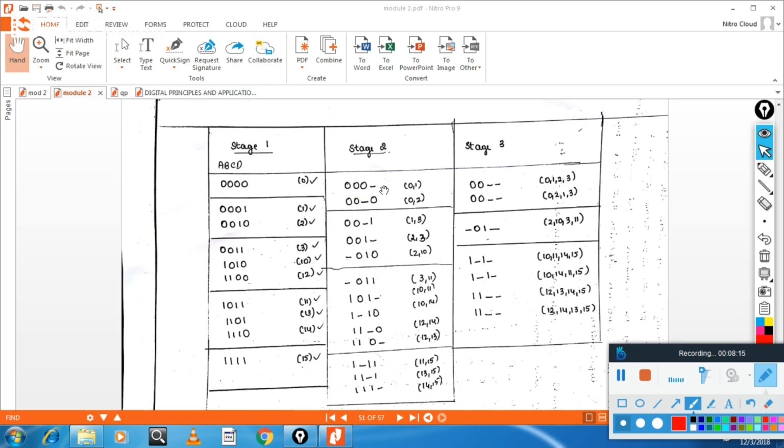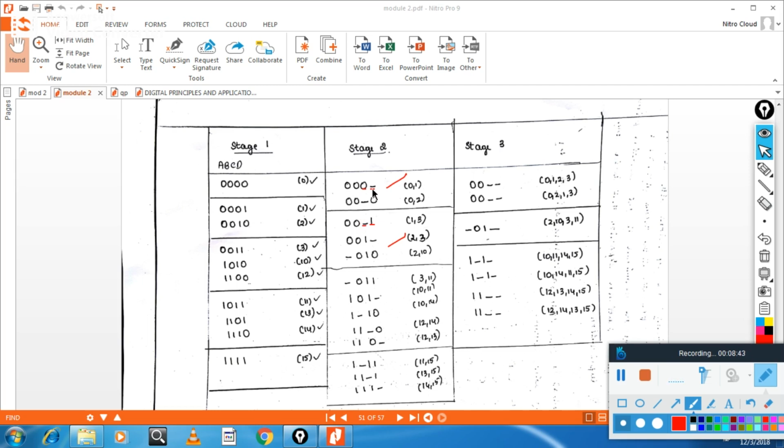So when you compare this one with this one, you see 0, 0, 0 bar here, 0, 0 here, and you can see this and this is not possible, because 2 bits are changing here. This is changing to bar, and this hyphen is changing to 1. So not possible. You cannot compare. Compare this one with this one. So that is possible here.